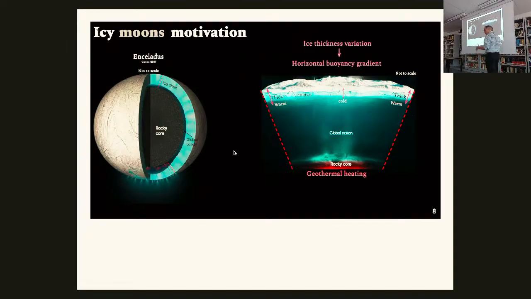And so the conception that we have is an ocean with a rocky core under an ice shell, and the rocky core is going to be producing heat, right? For a number of reasons. First of all, there's radiogenic decay, just like in the Earth's core. But also these are satellites of large planets with large magnetic fields, so they're being squeezed around by tidal forces, which are generating heat in the core.